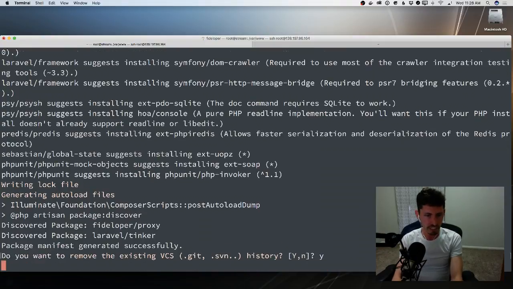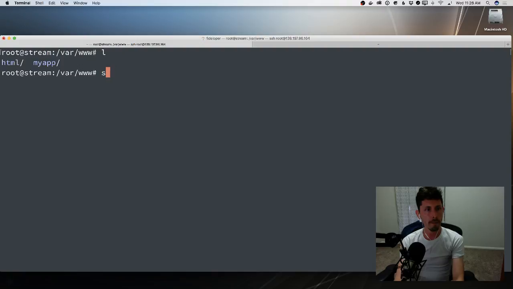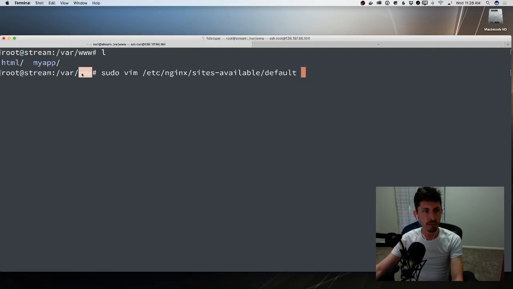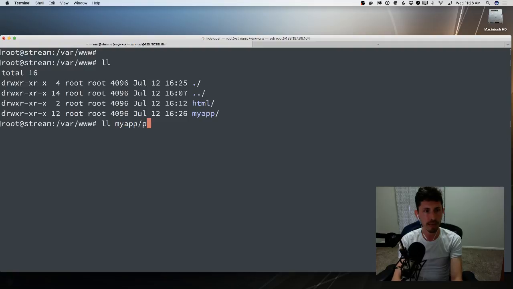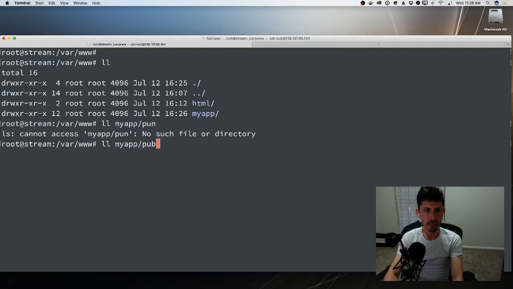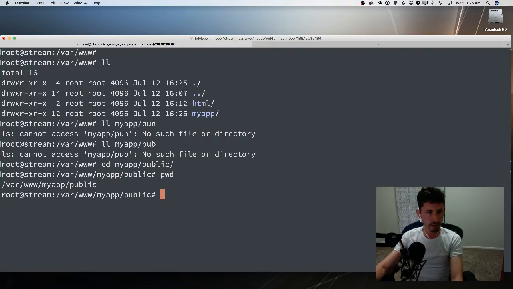I do want to get rid of existing VCS. Okay, cool. So I have an application here. I have to edit etc nginx sites-available default because our web root is now var www, and not just that, it's var www myapp, and inside of myapp, it's actually the public directory. So if I go to myapp and public and I do print working directory, I get our web root. It's going to be that. So now we can vim, well, file work, whatever, etc nginx sites-available default,